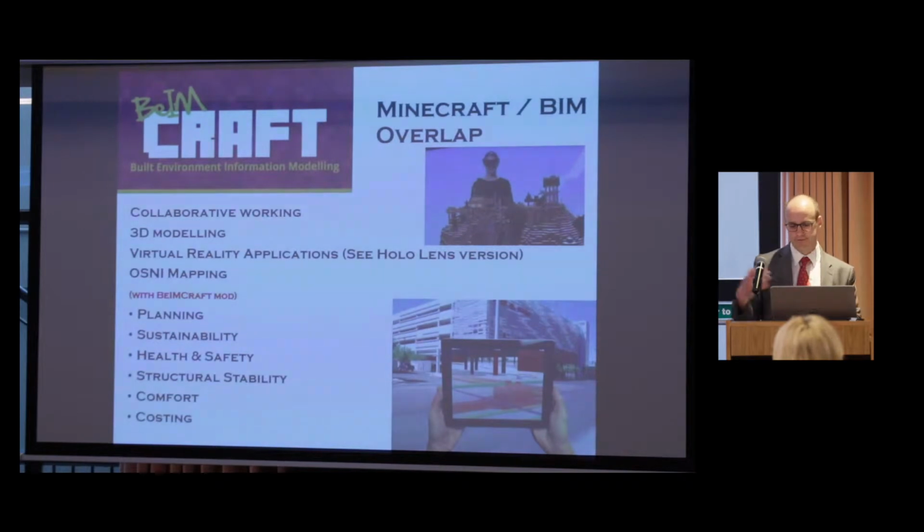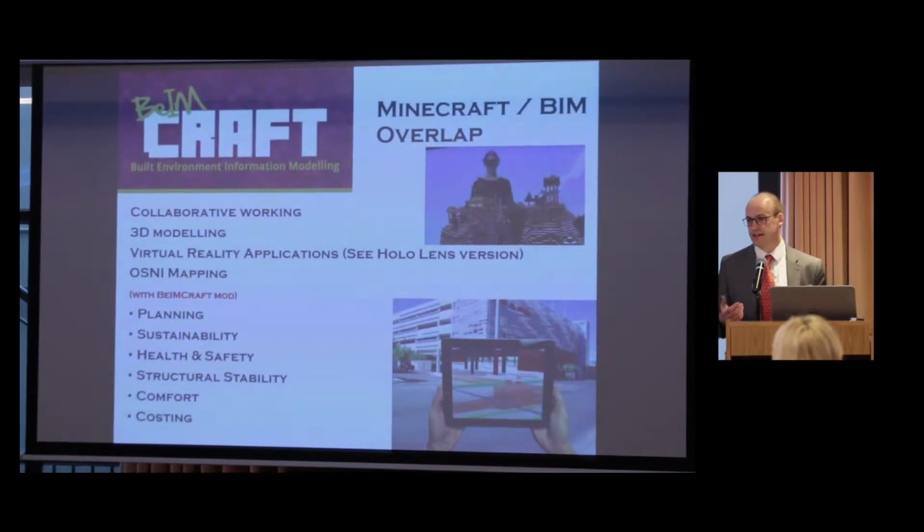And our Minecraft mod is a great tool, but the only way that you can have any effective outcome from that is by people taking that tool and using it in the classrooms. And we don't have the resources to do that. It does rely on industry support and working together. So these are just some of the